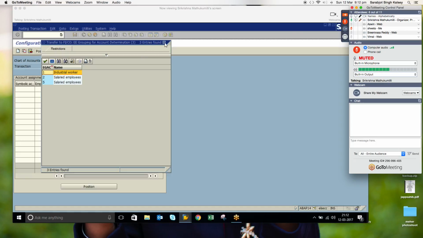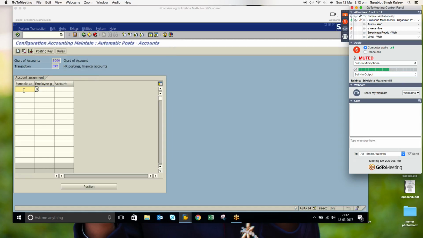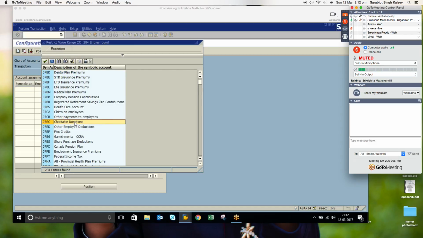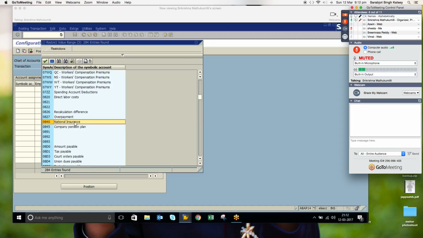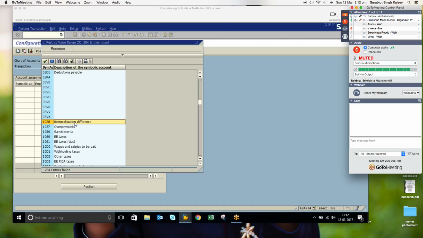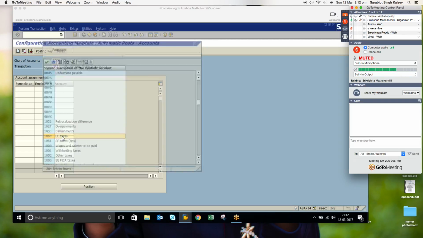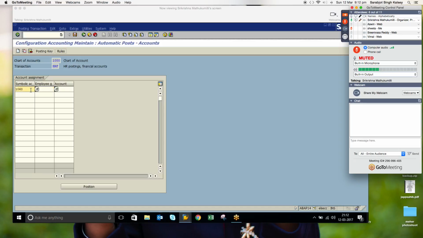Now, let us say I have created a symbolic account for basic salary. You can see all the symbolic accounts which we created earlier here. I think I don't get basic salary here because this is the place where we put all the expenses. Let us say there is a tax one, for example. These are the deductions. If this is the symbolic account which was mapped to a wage type, let us say a deduction,